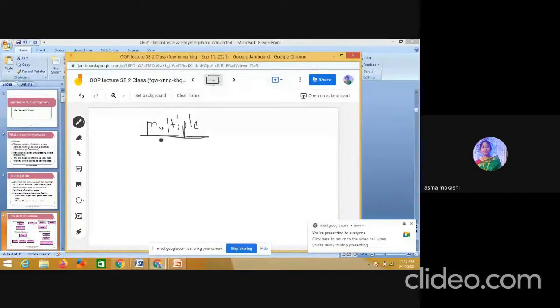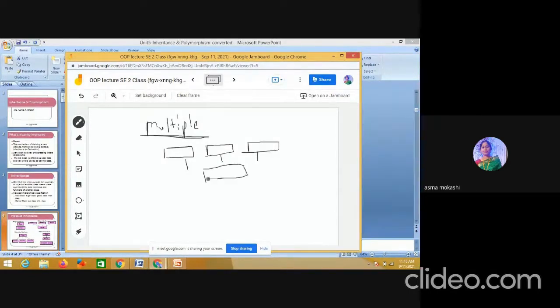Always remember this. It means multiple base classes like A, B and C. So we have more than one base class and they are derived into one derived class. Like we have A class, which is my parent class. We have B class, again a parent class. C class, again a parent, and D is derived. D is derived from the A, B and C classes. So this inheritance is called multiple inheritance. Multiple base classes, you remember this.